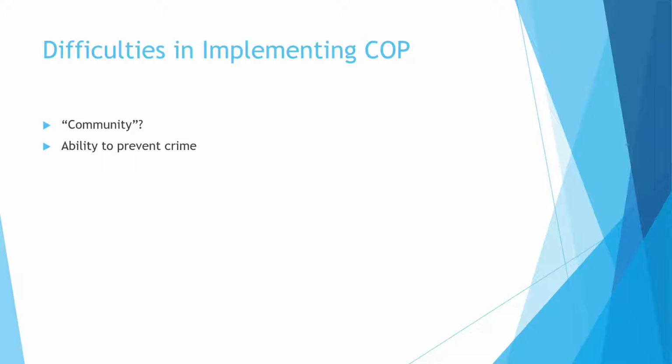Preventing crime, our second major component of community policing. How do we prevent crime? Do we have enough resources to do it? Do we have enough know-how? If we take the terrible tragedies of school shootings that have been occurring, how do we prevent them? Is it arming teachers? Is it putting strict bans on guns? Is it mental health, providing better mental health care? Is it building stronger families? Is it video games? Who knows? We're struggling to figure out what will actually work to prevent more school shootings.